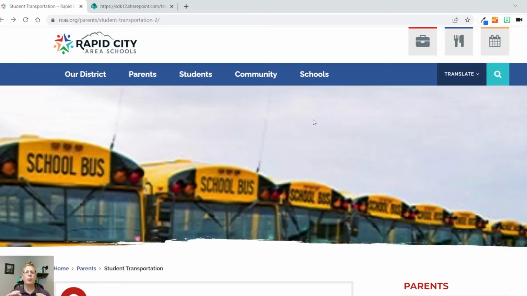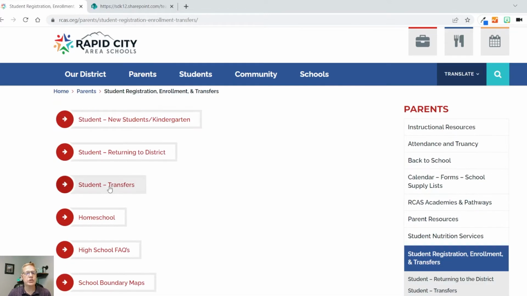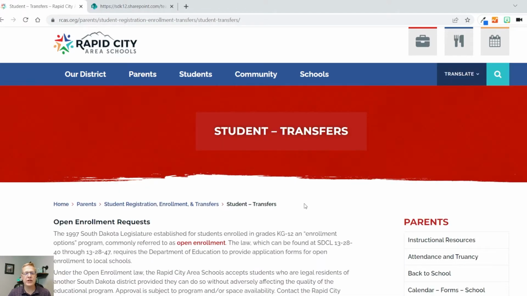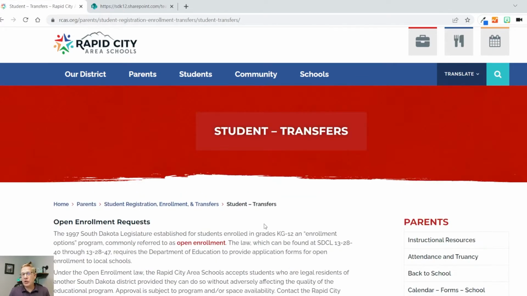Now, let's say that you find a home that you really want to buy, but you want your kids to go to another school. If you go back here to the student registration and hit transfers, that will give you the information regarding open enrollment and transfers. Now, here's the deal. If you decide that you want to send your child to another school, that's good for that year only. So you could get your kid into a certain elementary school for 4th grade, but in 5th grade, they don't get that enrollment, and then they're back to the school they're supposed to be at based upon the location. So when you do this, of course, make sure you consider that in your decision making.